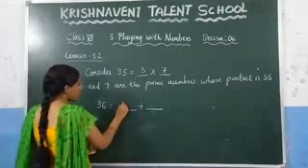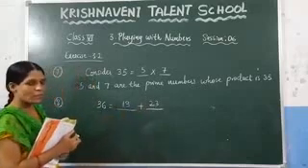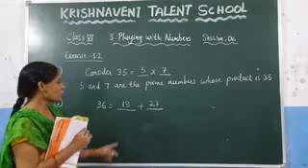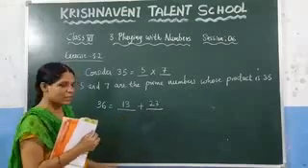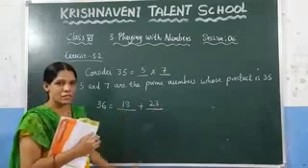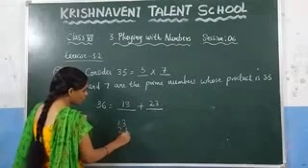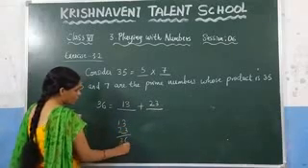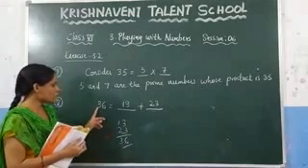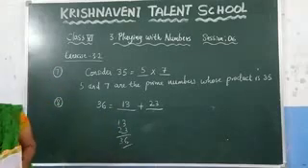So if you consider here 13 and 23, you know that both are odd numbers because if you divide these numbers by 2, you are not getting the remainder as 0. So we can say that these two are odd numbers. Similarly, these two are prime numbers because they contain 1 and itself as the factors. So after adding these two, what do you get? You can add it. You know that 3 plus 3 is 6 and 2 plus 1 is 3. So, what are those odd primes, if you add, so that you are getting the result as 36, which is 13 and 23. So, write it here.